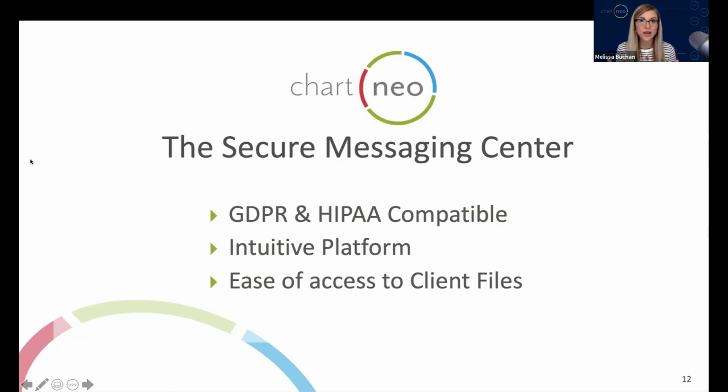Dealing with reproductive health, especially if a woman is working in conjunction with a doctor or going through an RRM treatment, this is very sensitive data. So we do want to make sure it's protected, and you can trust that it is protected in the ChartNeo web platform. So in addition to the GDPR and HIPAA compatibility,